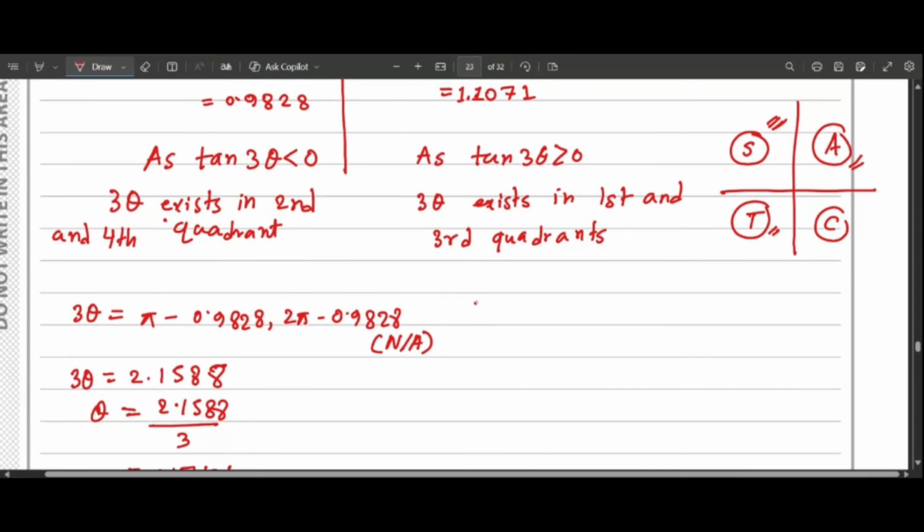So now we can write 3 theta is equal to 1.1071, the value for the first quadrant, and pi plus 1.1071, the value for the third quadrant. So this gives us 1.1071 divided by 3 and pi plus 1.1071 divided by 3. Ultimately, this will give us